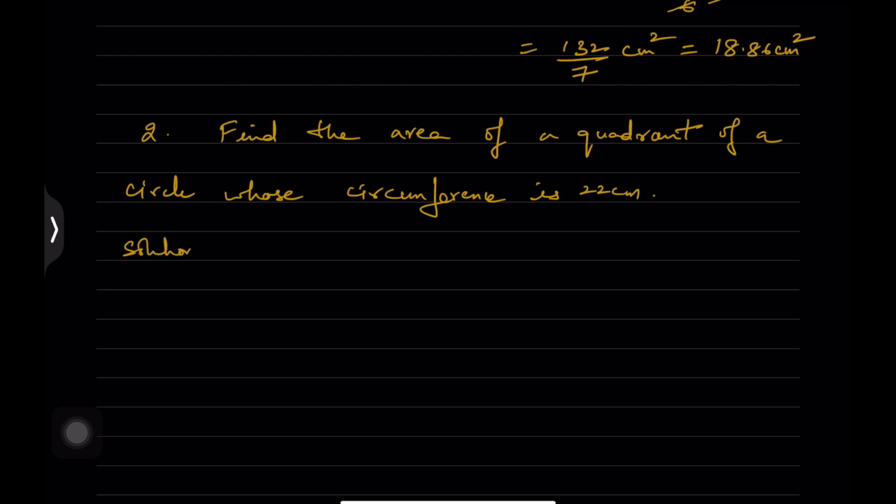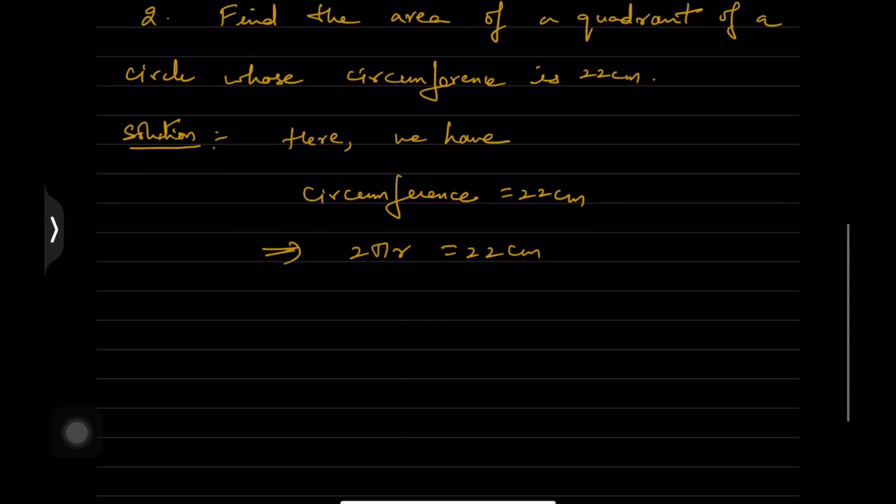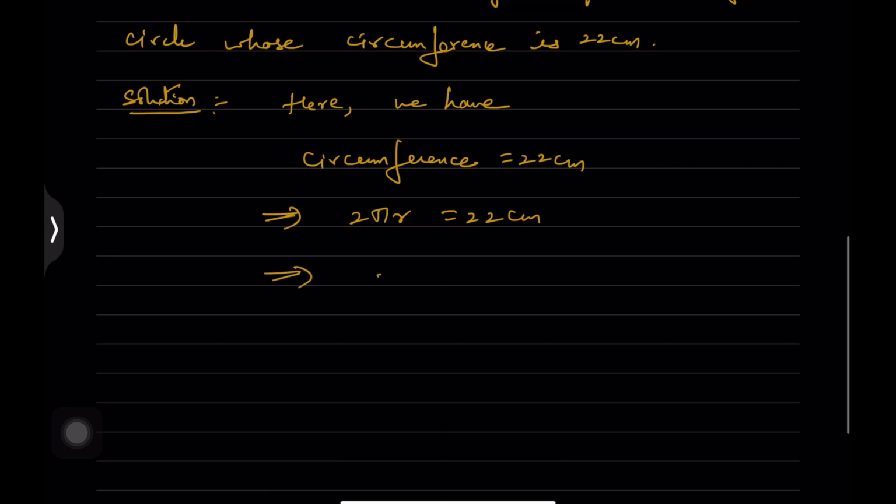Solution. Here we have circumference equal to 22 centimeters, which implies 2 pi r is equal to 22 centimeters, which implies r is equal to 22 by